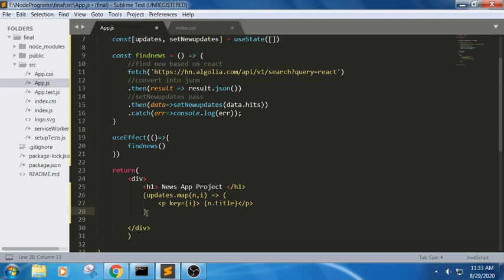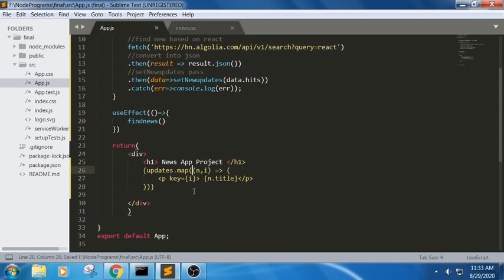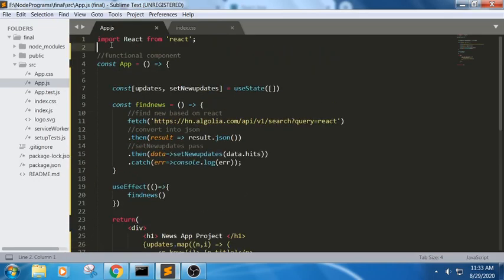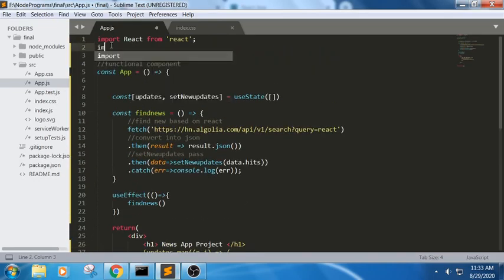Yes. Now here we got it in this way. We got this map. We didn't place this thing. Yes, done. Now we can see in the last session also we got the same error. Let us check the browser. Now we find an error called useState and useEffect is not defined. It means whenever you are trying to use them, we should always import them.